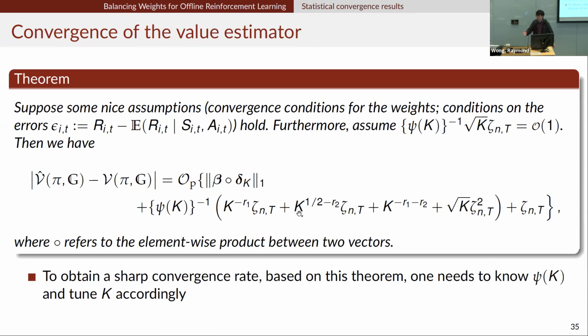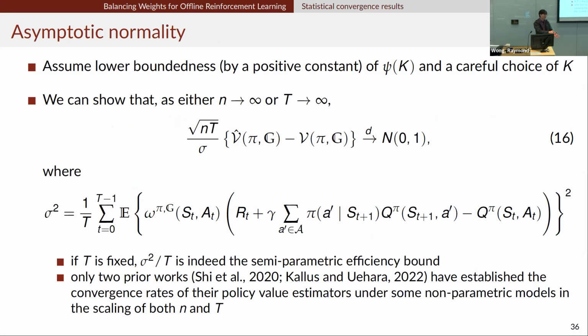Usually, if you have experience with non-parametric regression, especially with Sobolev spaces, you know that a lot of the time we try to strike a balance, choosing the optimal order of k to get a fast rate. If you want to do that here, you need to know psi k. Again, I'm going to discuss psi k a little bit later. So suppose psi k is strictly bounded away from 0. That means there's a positive constant that psi k can never go below, no matter how large k is.